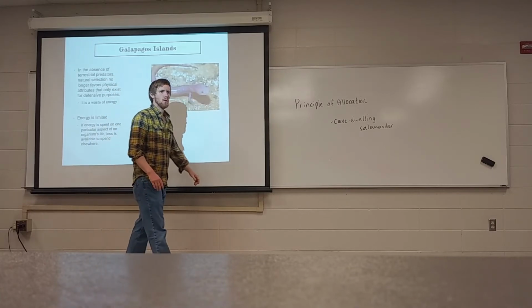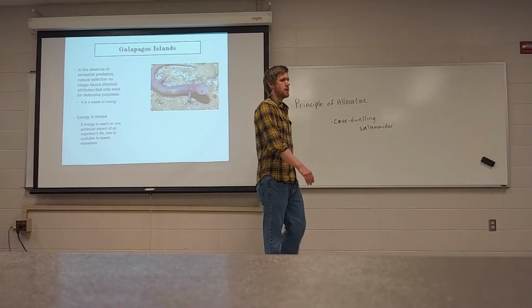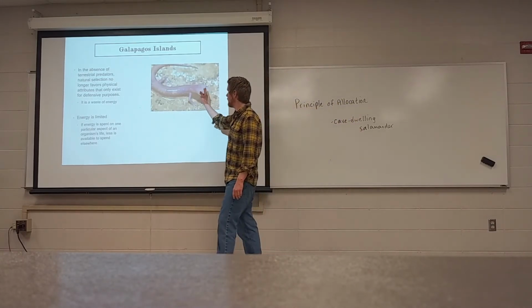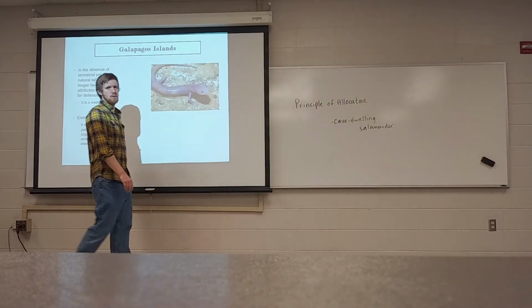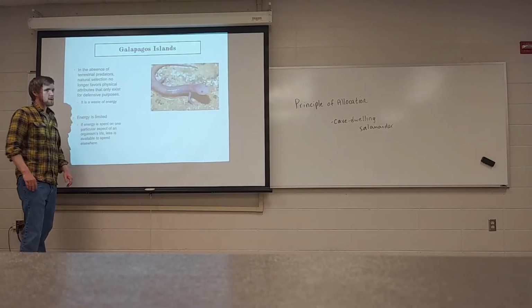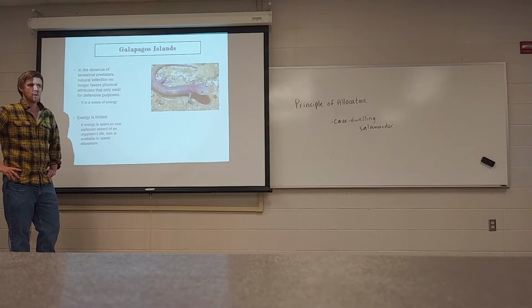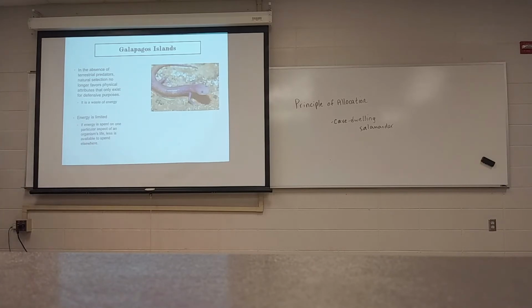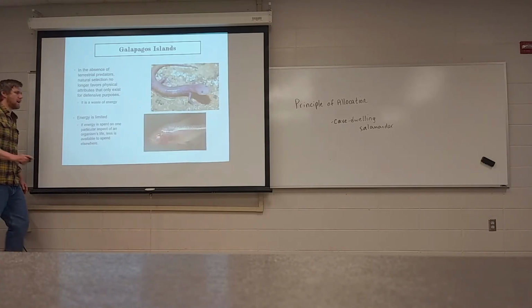Having any eyesight at all ultimately was a waste of energy in this environment. And so when we get to the point we're at now, eyes aren't even functional. And if a salamander is born with a mutation that causes it to have strong, functioning eyes, that means it's devoting energy to something that's useless. It will not be reproductively successful because it has less energy devoted to other senses that are useful in the cave. And we see this same trend with a lot of species in caves.